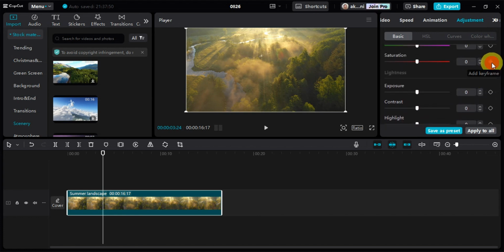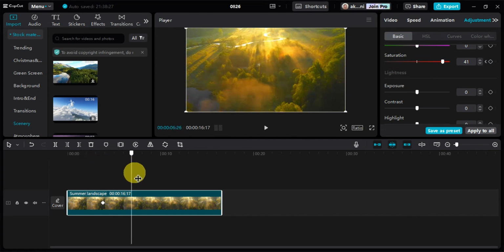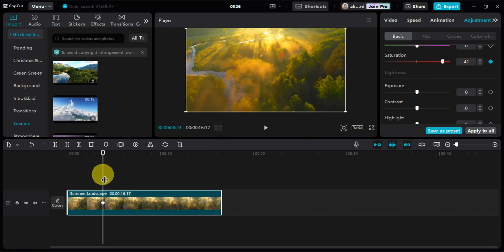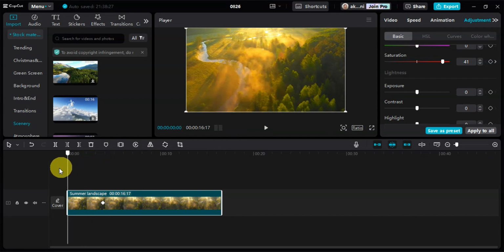So we're going to go ahead and add a keyframe in here, and then we'll try to adjust it over here to lessen the color or to brighten it. So we could try to brighten this one out. And now since we have adjusted the color over here, let's add in also a black and white filter over